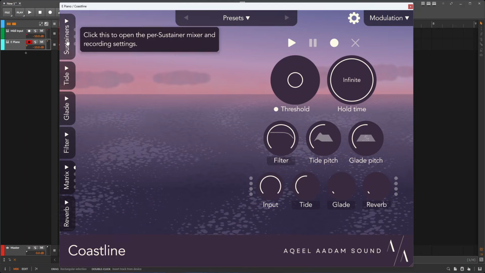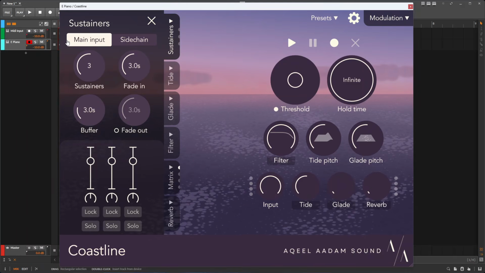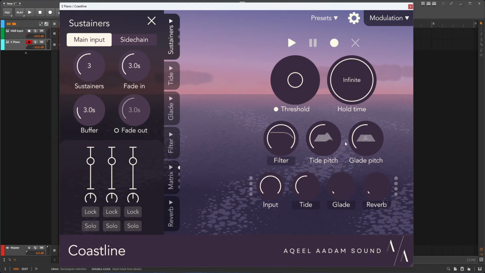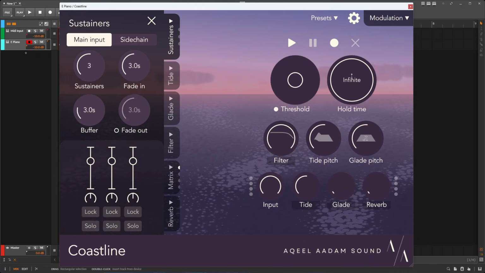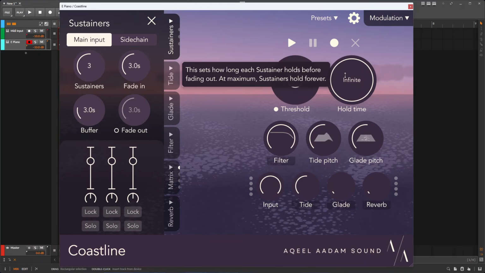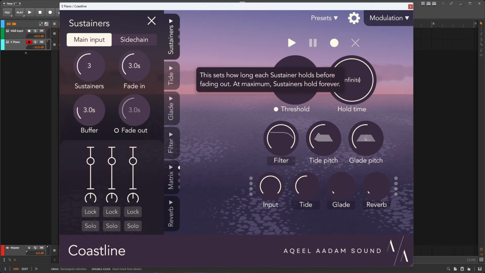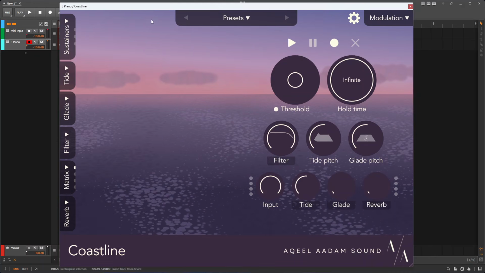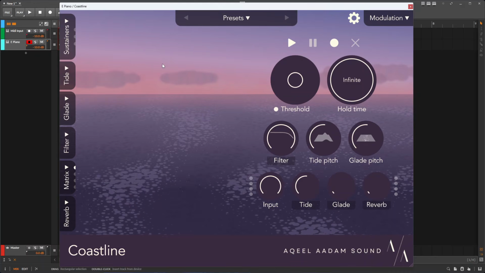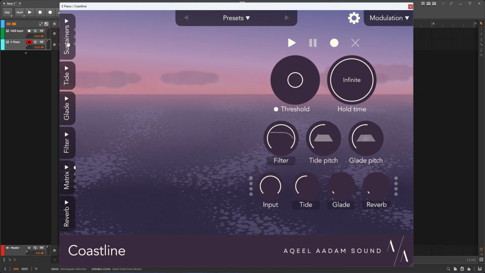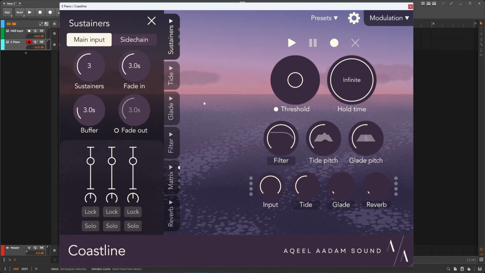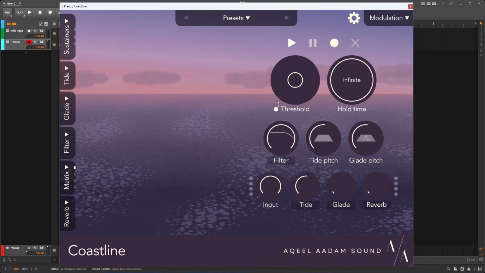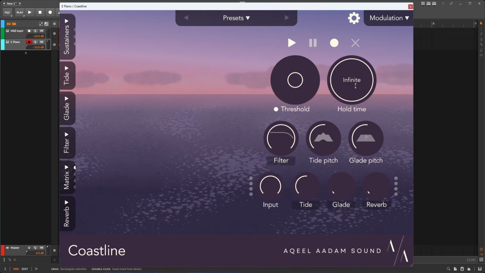At the heart of Coastline are sustainers. They can be thought of as a method of resynthesizing the sound you input. These can run infinitely for long sustained washes of sound, or their hold time can be reduced here on the right hand side, and the threshold at which new sustainers are triggered can also be adjusted. Sustainers attempt to match the nature and characteristics of the input sound, and you can have up to 5 of them. So I have a simple electric piano sound here, and you'll see the hold time is